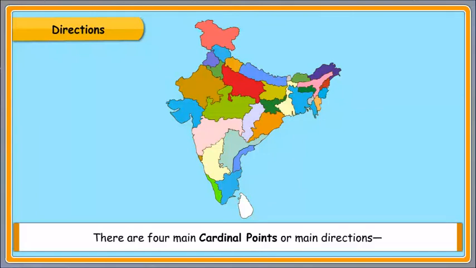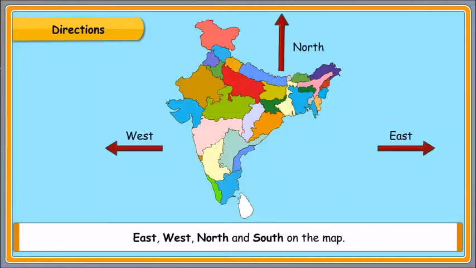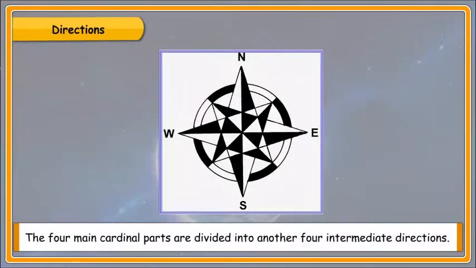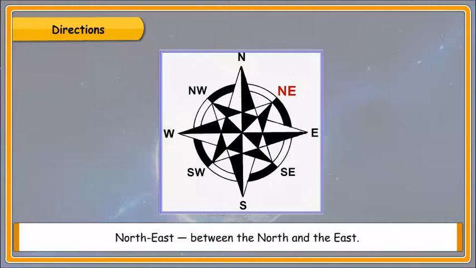Directions. There are four main cardinal points or main directions: east, west, north, and south on the map. The topmost part of a map is always the north direction. Directions help us to find places, and in reading the maps, the four main cardinal points are divided into another four intermediate directions. They are northeast, between the north and the east; northwest, between the north and the west;